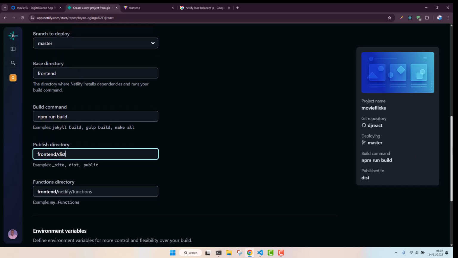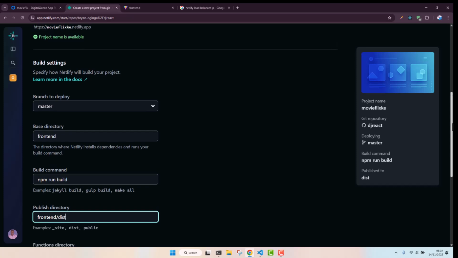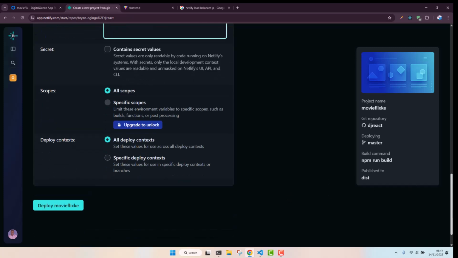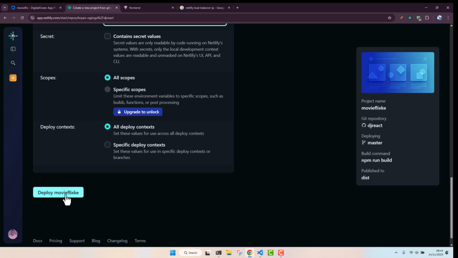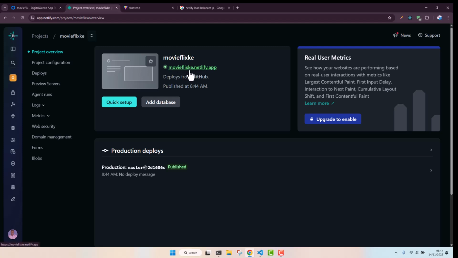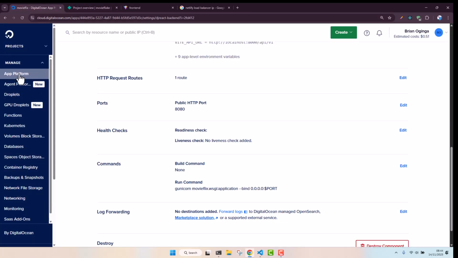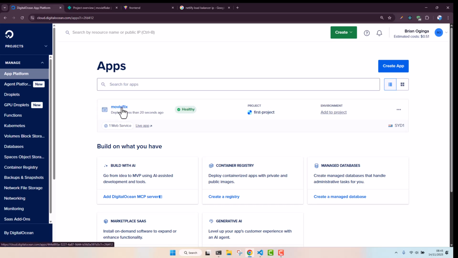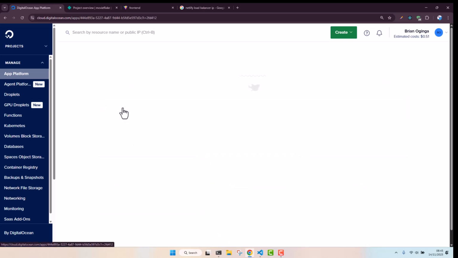We just need to set the master branch as well as the base directory, the build command, as well as the publish directory. So once we have that, once that is done, we are good to go. All we need to do is to just say deploy Movieflix, just like that. As that's deployed, and as you can see, it has been deployed, and we can go ahead and check our app platform. So inside our app platform here, you can see that our application was successfully deployed. We can go ahead and open it,